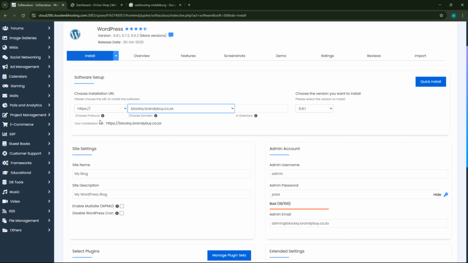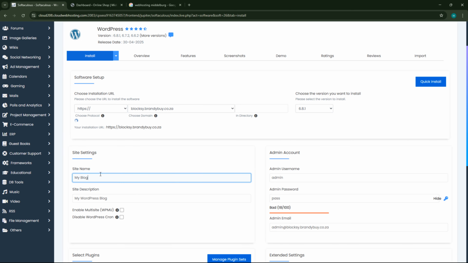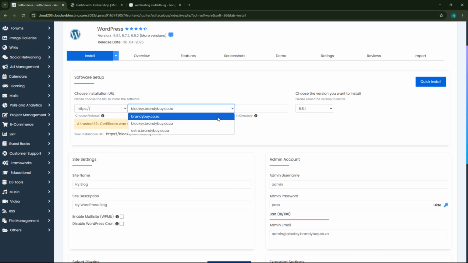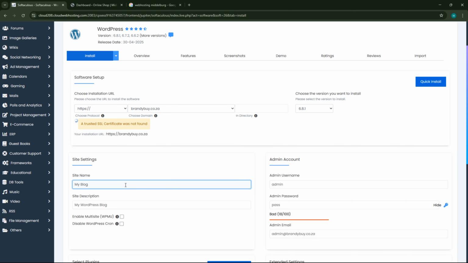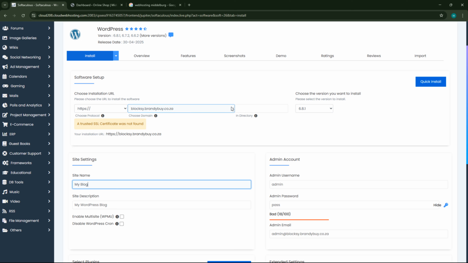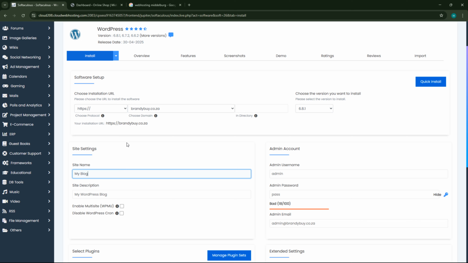Now we want to make sure about the SSL. As soon as you click here, it will tell you trusted SSL certificate was not found. So yeah, it's going to be quick, guys. Let's go back. That one is there, we know that, and then we go back and check. Okay, but let's carry on. We will come back to this. Let's just add it on that one, and we will change it now after we fill.